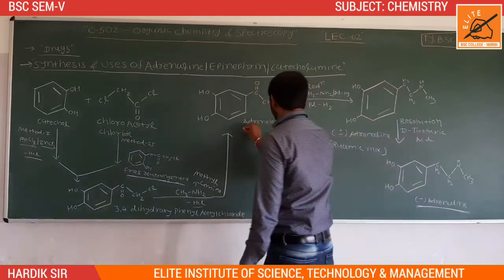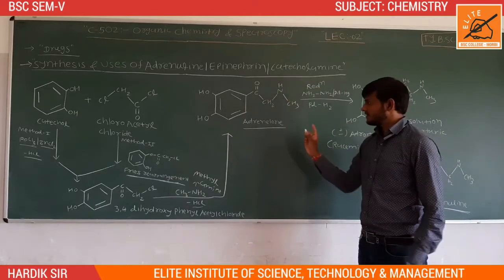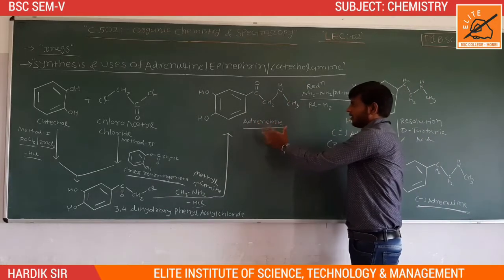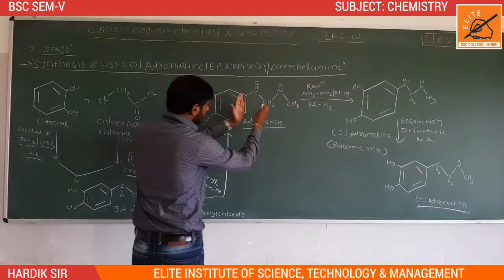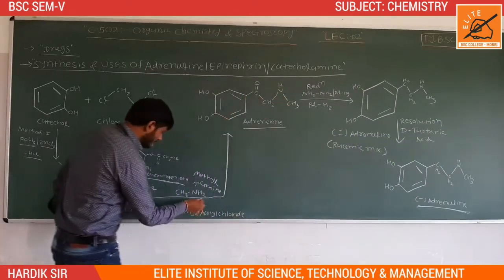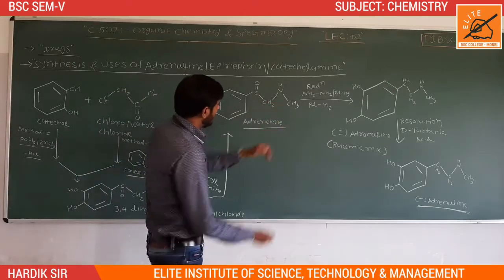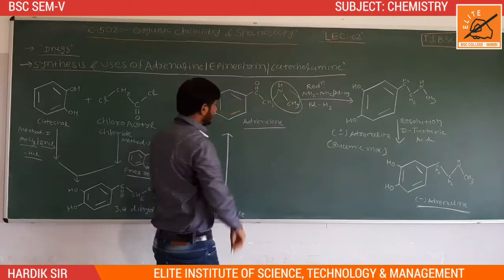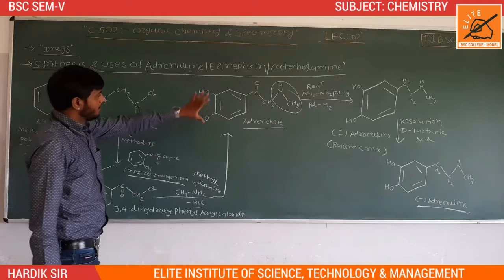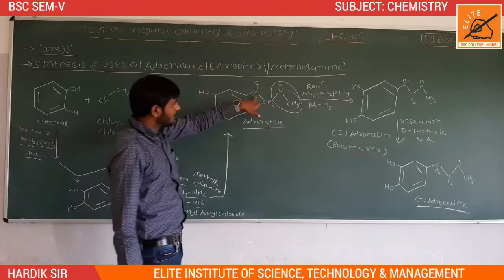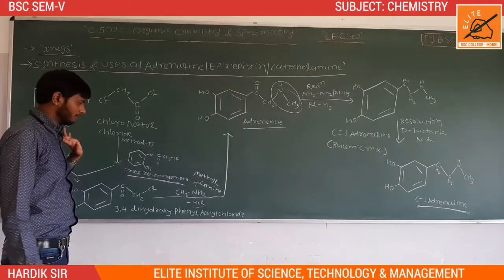Methylamine is reacted with 3,4-dihydroxyphenyl acetyl chloride, removing 1 mole of HCl, to produce our intermediate product, adrenaline. This is the structure: CO, CH2NH, CH3. Methylamine is combined with this carbon and forms the adrenaline. This is the structure, with 2 hydroxy groups, 1 carbonyl group and CH2NH.